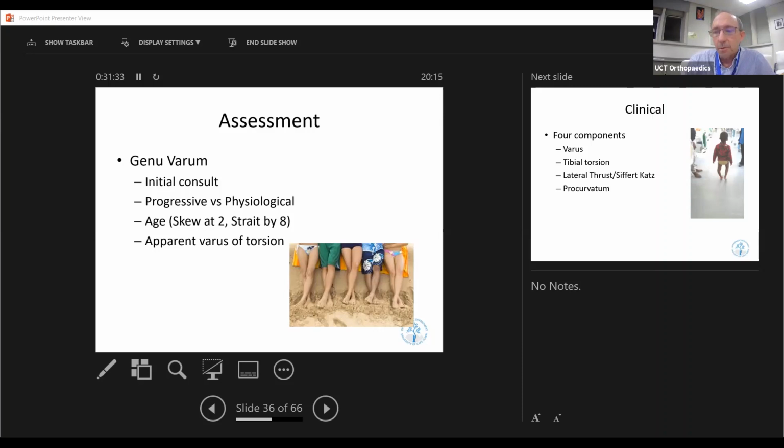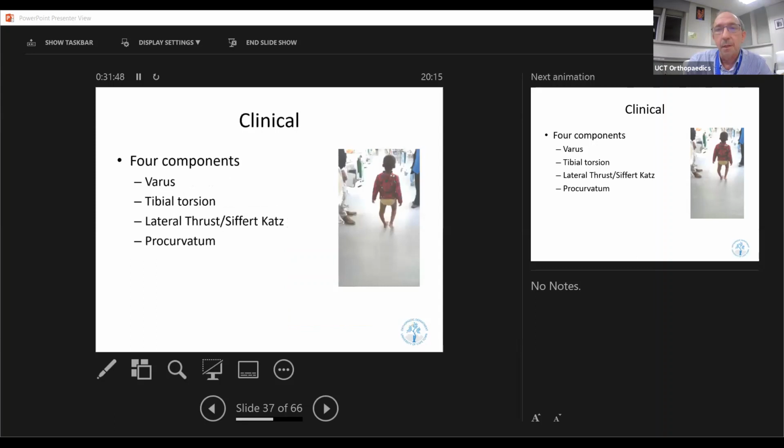And then are there the other hallmarks of Blounts? So, is the child overweight? Did the child start walking early? Is there already the varus, the torsion that is often part and parcel of this? And I speak about the clinical aspects, the four components to me of Blounts are going to be